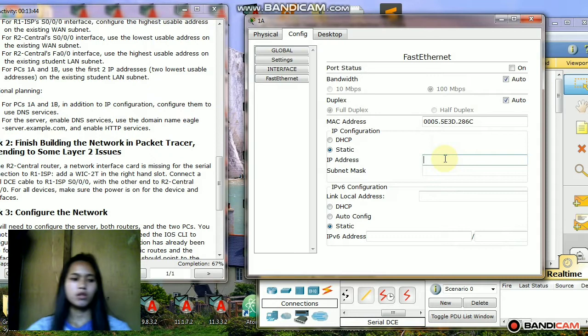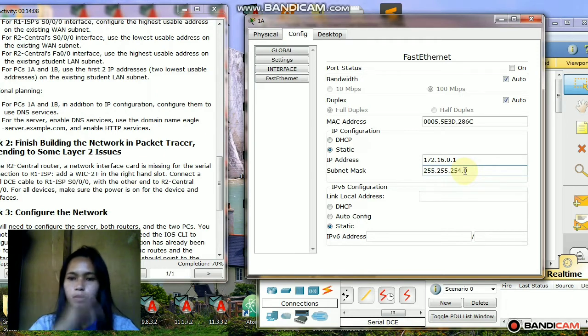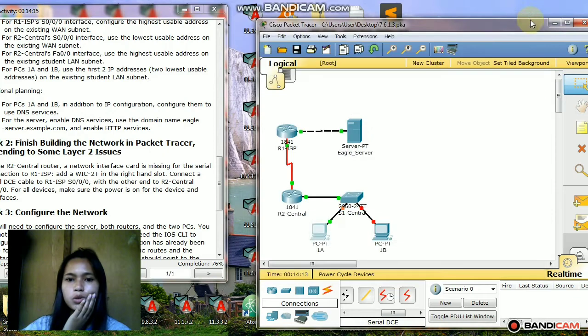So the IP address is 172.16.0.1, and the subnet mask should be 255.255.254.0, and turn on, close, then proceed to